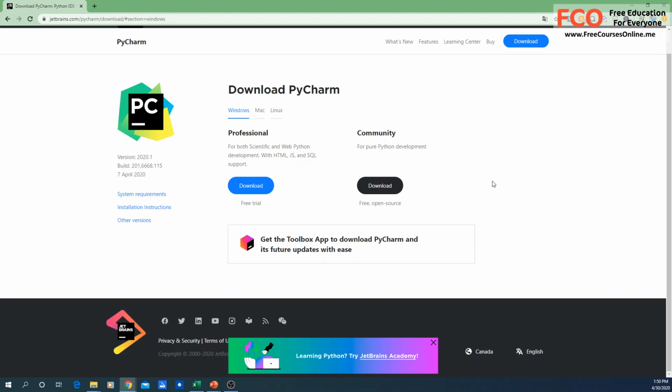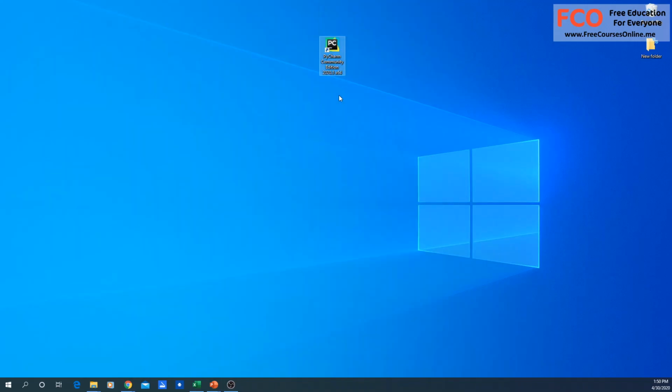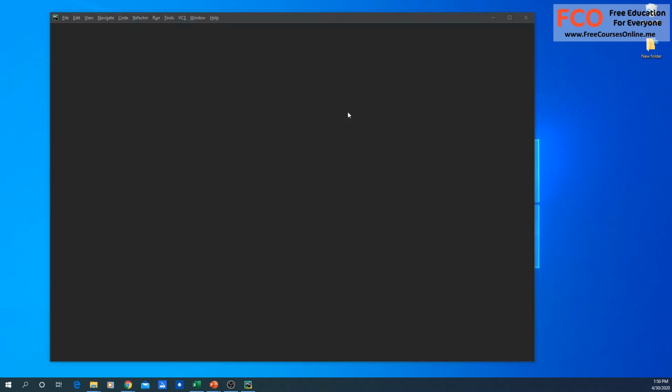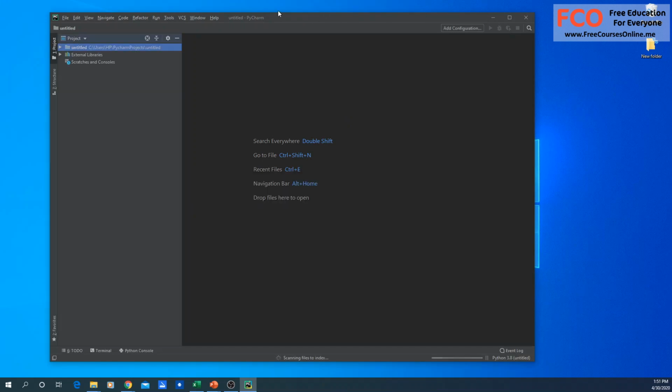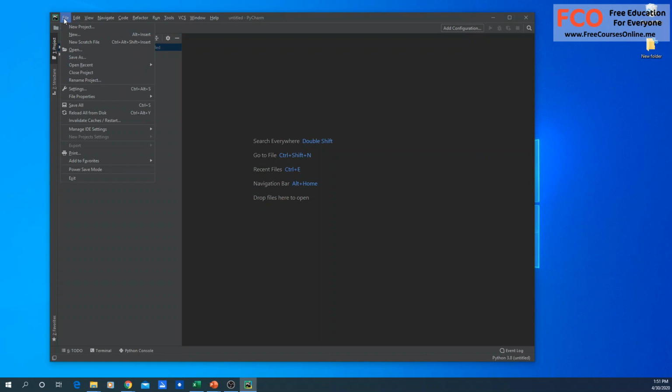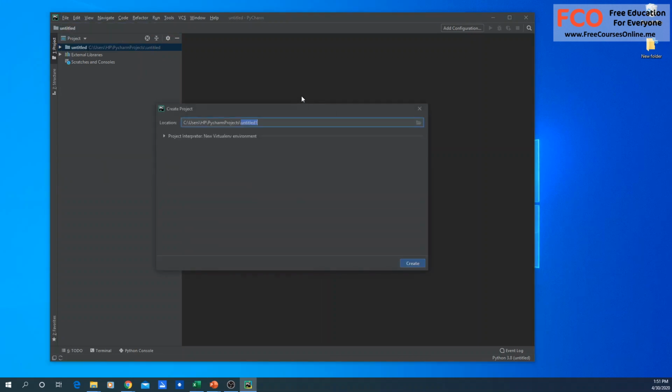The next thing you want to do, when it's all done, is to see our main page. So simply open up your PyCharm. Then you should have something that asks you if you want to open a new project or not. You click on new project,